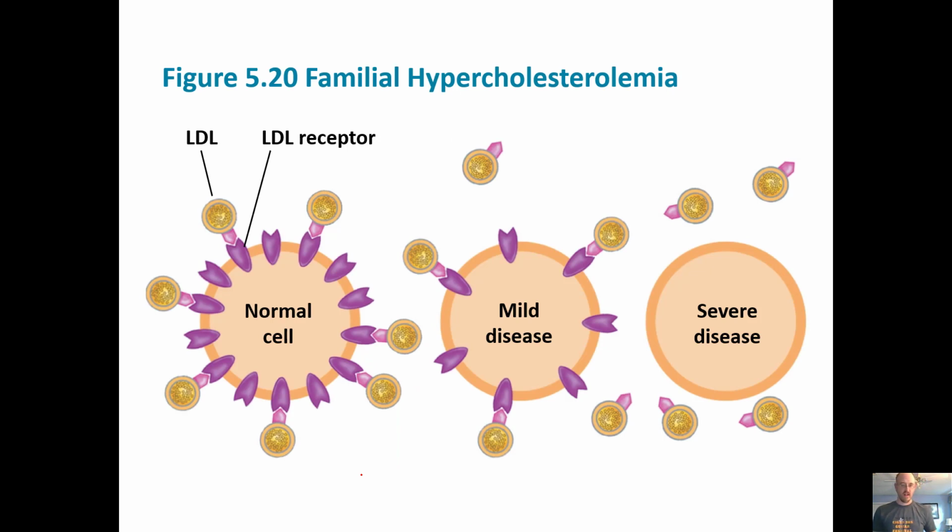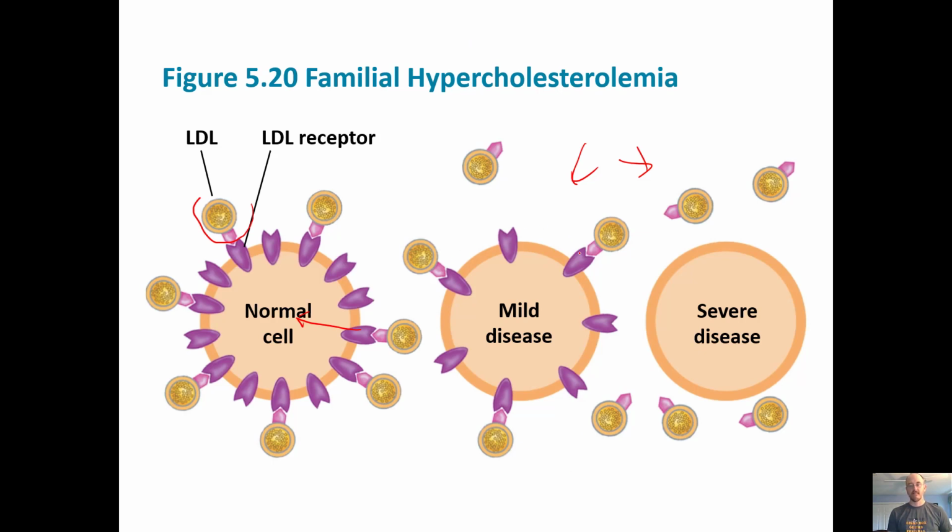Here's an example of this in real life. Most people, those of us who are normal, and I'm not normal, I'm over here somewhere, I don't know, have these receptors in their cell membrane that can bind to LDL. That's a type of cholesterol, right? And when they bind to the LDL, they actually bring it in through endocytosis, and they get it out of your bloodstream. Now, some of us have genes, so we have a genotype that leads to this phenotype here,